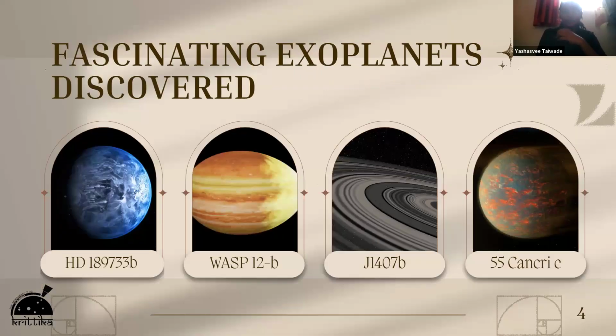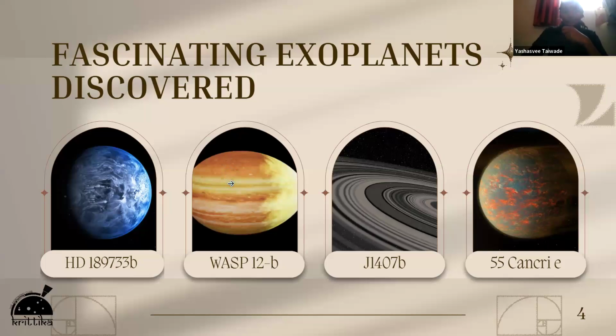Now these are examples of some really fascinating exoplanets which have been discovered till now. I find these fascinating. The first one is HD 189733b. This planet is interesting because over here it rains glass, and not just that, it rains sideways. Getting hit by the glass sideways, it would be quite a fun experience. Not a fun experience, a deadly one still.